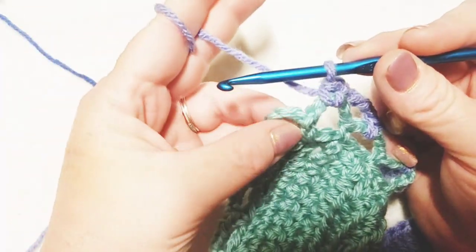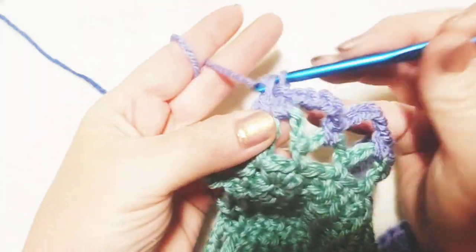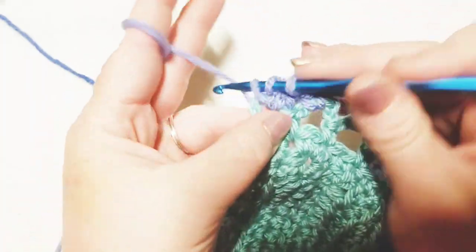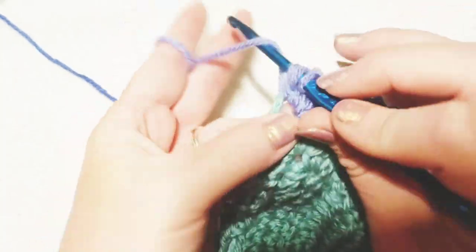So this is option 1 on doing this border as a blanket border. I'm going to go ahead and do my 9 double crochets right there in that chain 5 space from the previous row. I'm at 3,